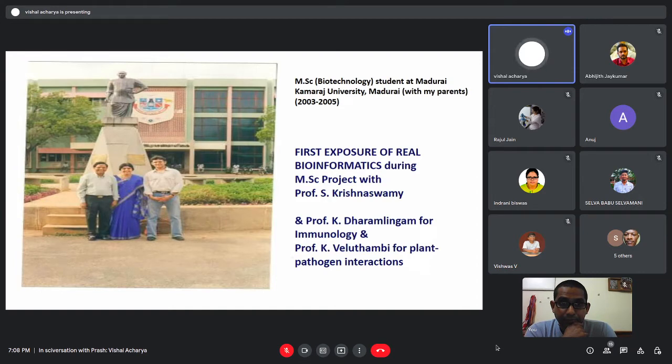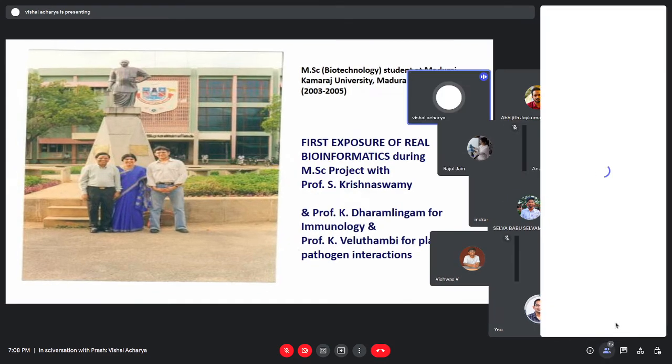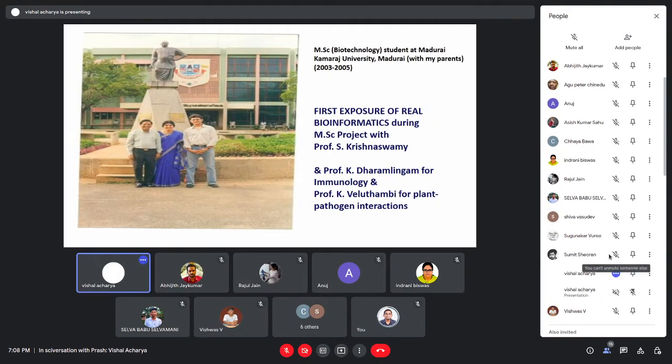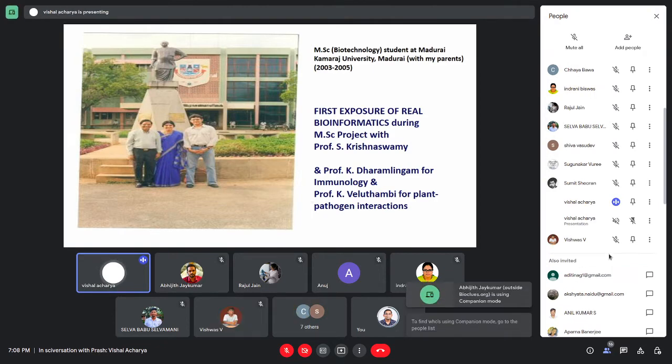Krishnaswamy, and especially my two esteemed teachers, Professor K. Dhramlingam, for the immune system, and Professor K. Veluthambi, for plant pathogen interaction. These two shaped my career for my MSc, how I should think about bioinformatics in the case of the immune system. But then slowly and slowly,